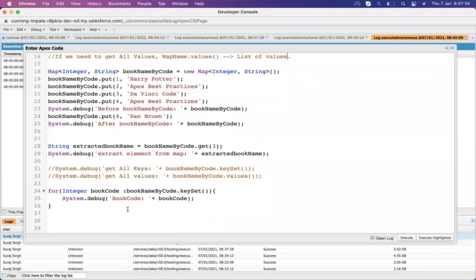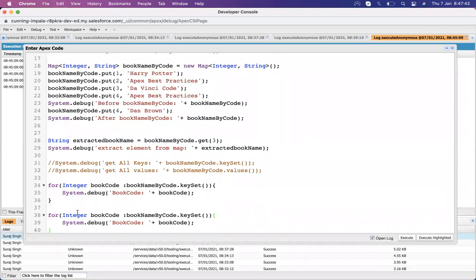Since the values data type is a string, I'm typing string and writing book name, and then I will get the book name in the loop too.